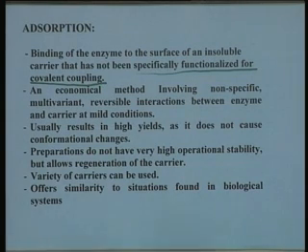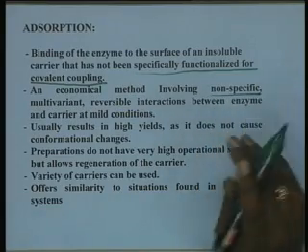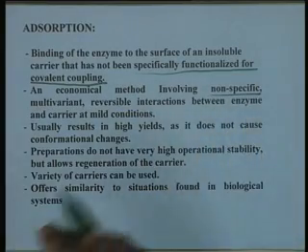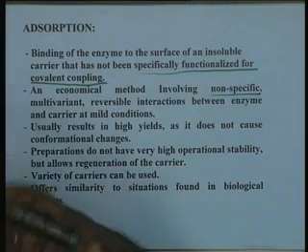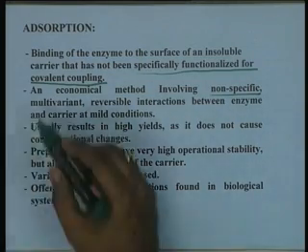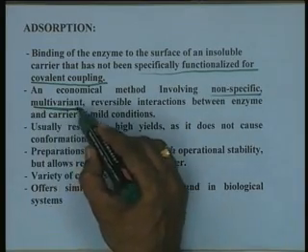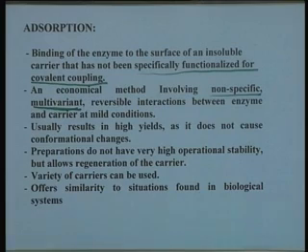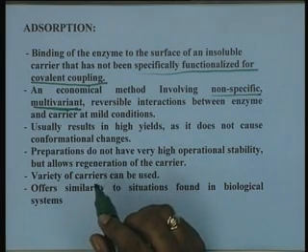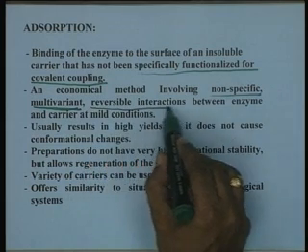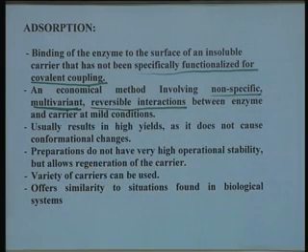For example, the interactions that are involved are non-specific. Very often more than one interaction is involved in a particular method. Multivariant, that means more than one physical property is employed. In most cases the methods based on adsorption are reversible in nature. That means under certain conditions, while you can adsorb the enzyme onto a carrier, you can also create conditions by which you can desorb the enzyme. And the basic property of its reversible interaction also makes it a weak binding.